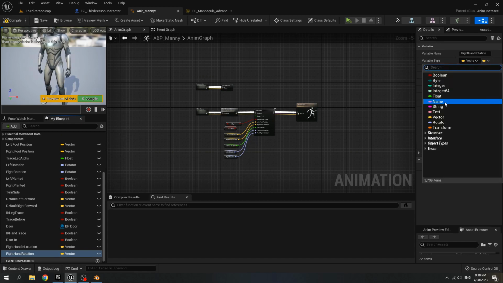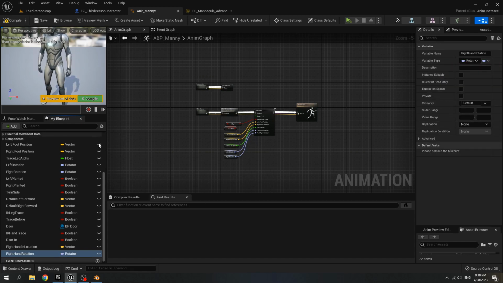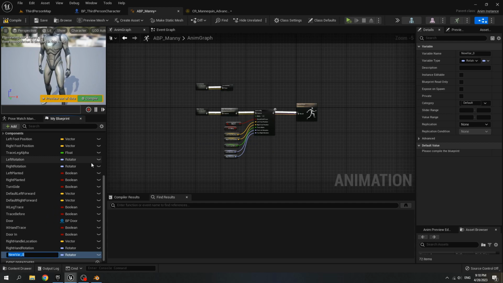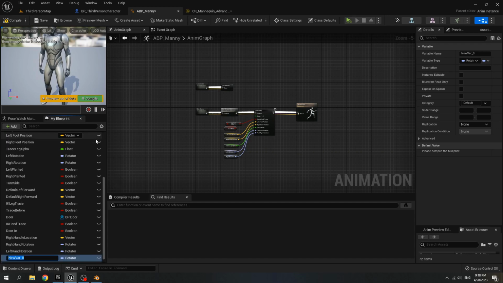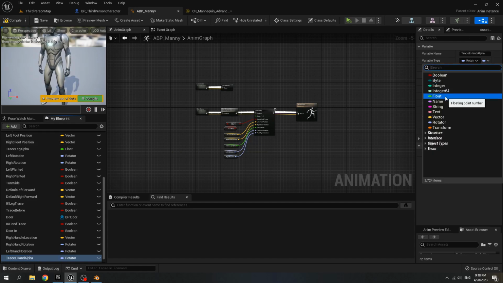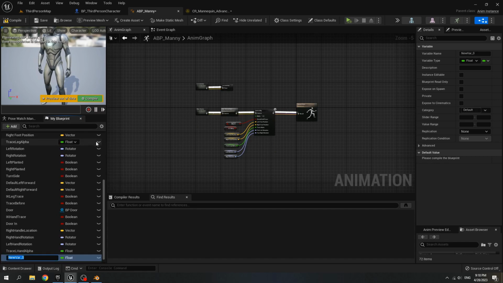Variable type is rotator. Add variable, name is left hand rotation. Add variable, name is trace L hand alpha, and variable type is float. Add variable, name is trace R hand alpha.